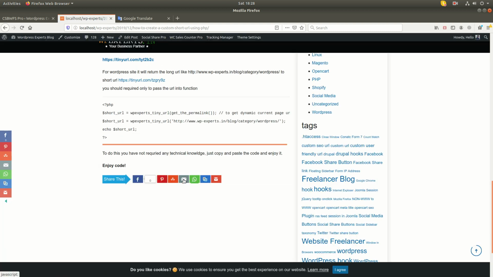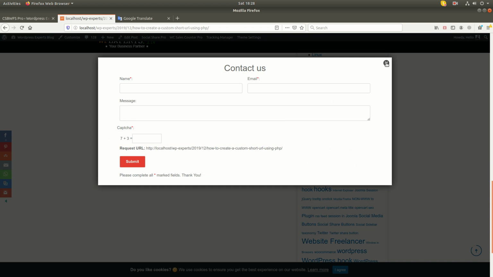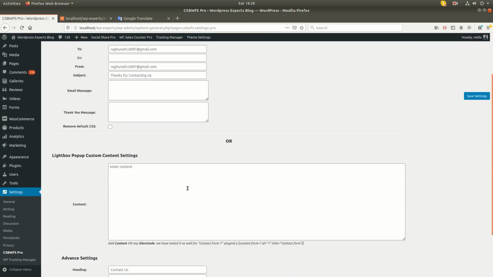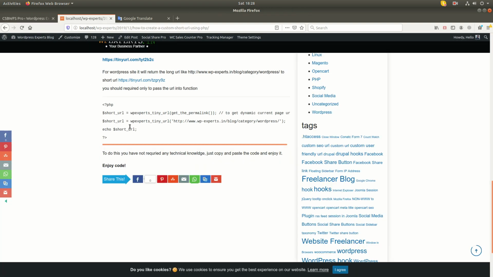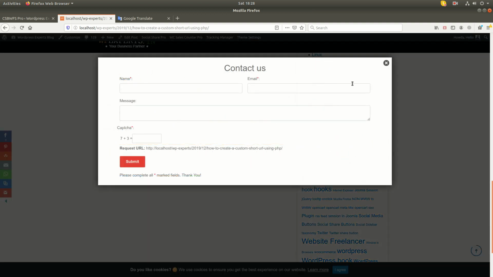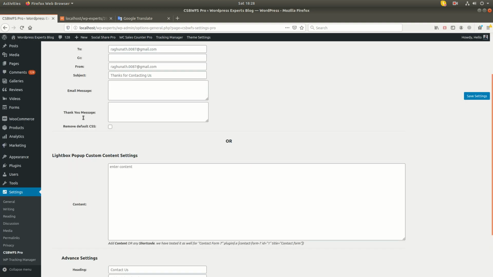Okay, you can use the button from anywhere. Okay, so if you don't want to use the default form, like if you are using the Contact Form 7 plugin or any other plugin, then you have no need to worry. You can use these plugins' form shortcode in this lightbox as well.